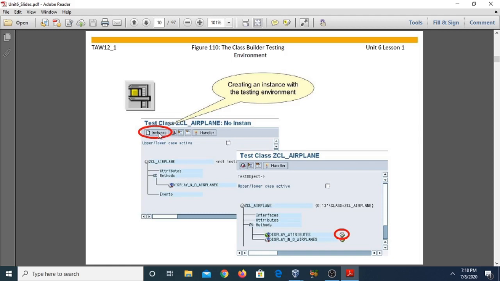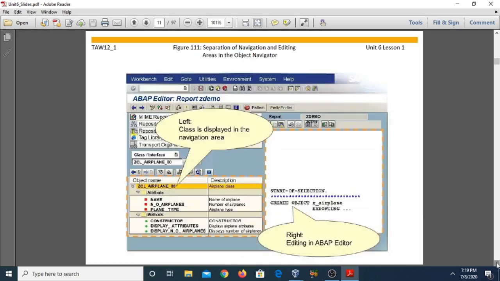When you click on it, it will display a particular instance. So you can see this is an instance. When you click on it, it automatically calls the display_airplane method, and it will show you the number of methods, and you can also call this particular method by clicking on this executing button. All of this you will see in the practical part.